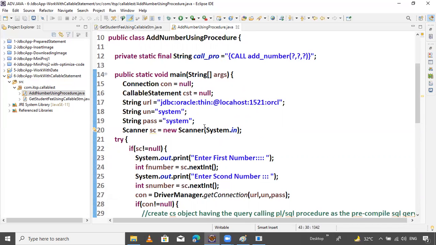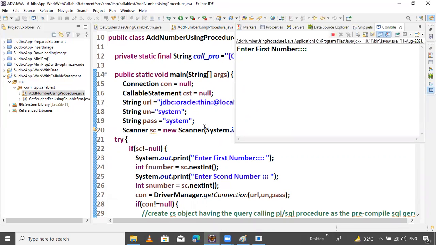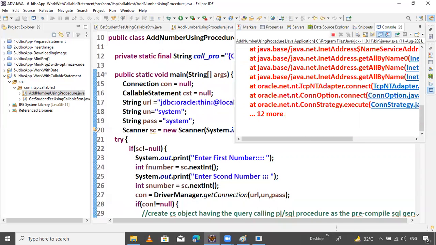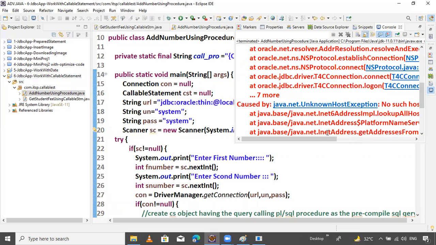So control F11. Let's try. Just enter 10. Nice. Second number is 20. What is that error? Let's check it out.